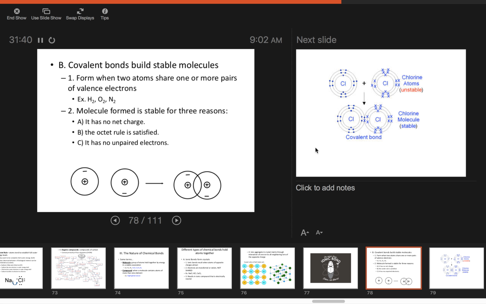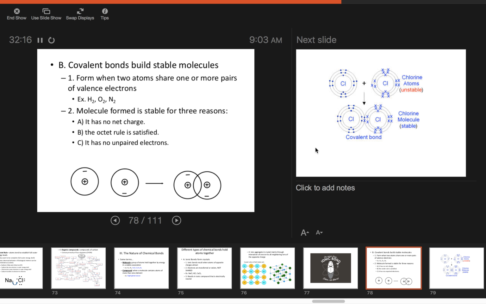Okay, covalent bonds, so they build stable molecules. What's happening in a covalent bond is that electrons are actually being shared, okay? So 2 atoms share 1 or more pairs of valence electrons. So I'm going to draw hydrogen because that's simple. Hydrogen, it's got the single electron, and here's another hydrogen, single electron, but the first energy level can hold 2, so it just needs 1 more. Same thing with this guy over here, and they're like, hey, let's share them. So then they actually end up sharing